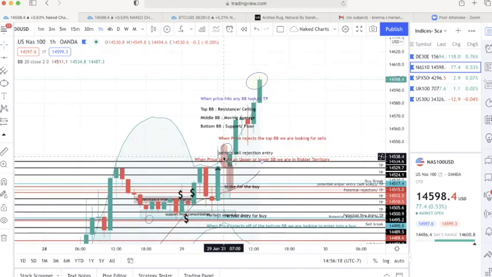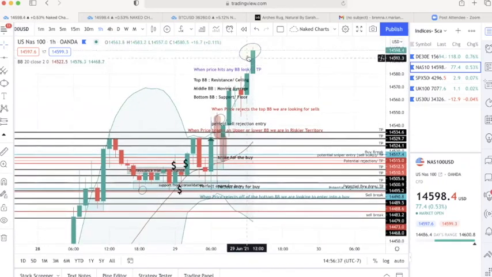So if you have a better understanding about where price is on every time frame, and you can see it better as you learn, study each time frame and understand that